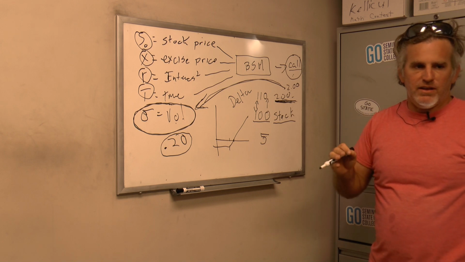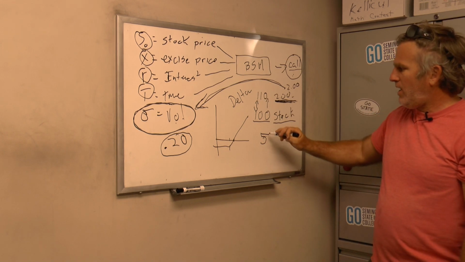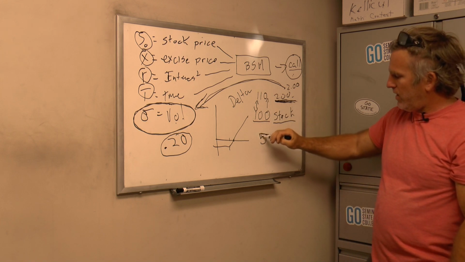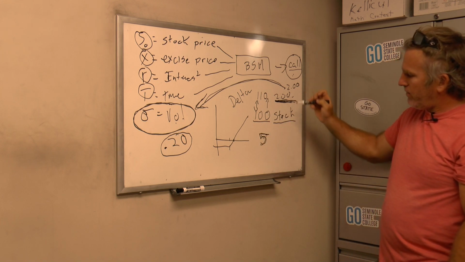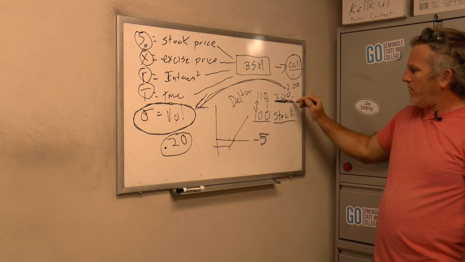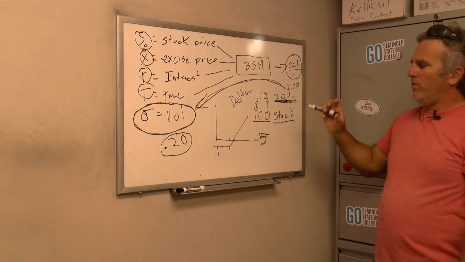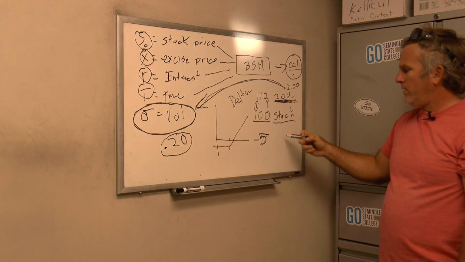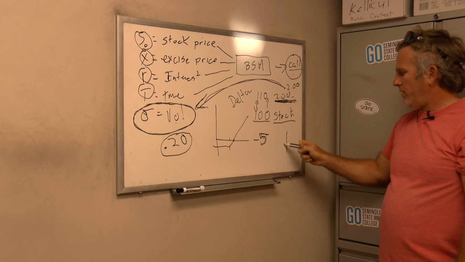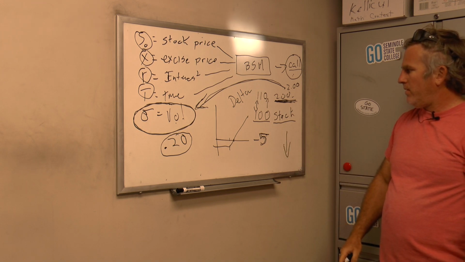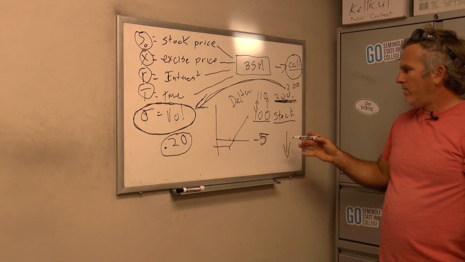For that instant. And then when it changes, the entire delta of your position, you're short 5 shares and long 1 contract, so you have 0 deltas. But now all of a sudden the stock changes, and it goes down. So what do you think? If it goes down, you're probably